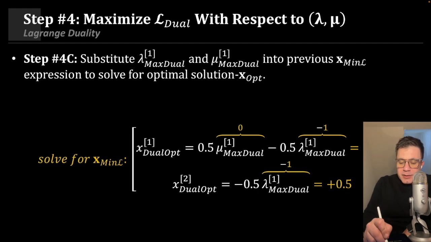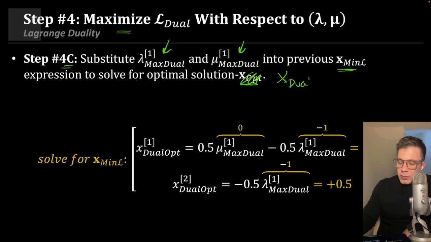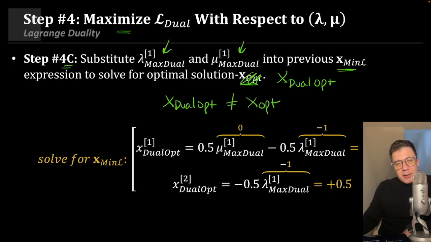And so now, continuing with step number 4, we have step 4c. We can substitute these two values into our previous expressions for the x min L, or the x values that minimize the primal Lagrange function, in order to solve for the optimal solution x OPT, which actually I more appropriately call dual OPT. Because this solution is not necessarily equal to the optimal solution we would get if we solved it traditionally. And the reason for that is because,